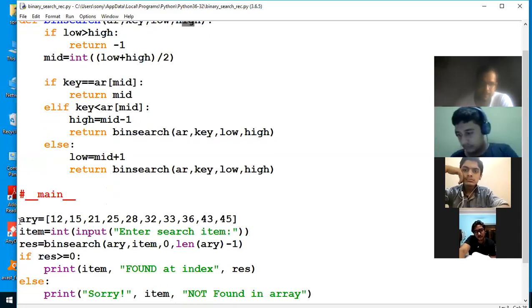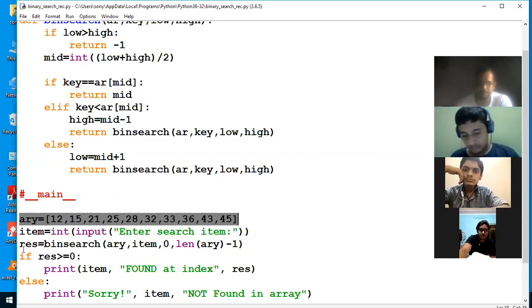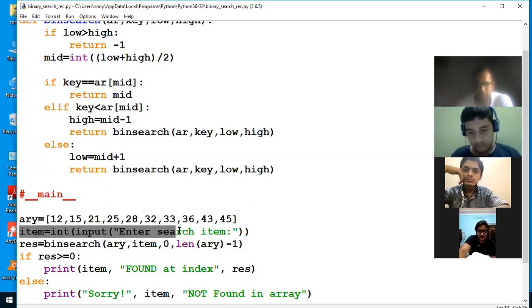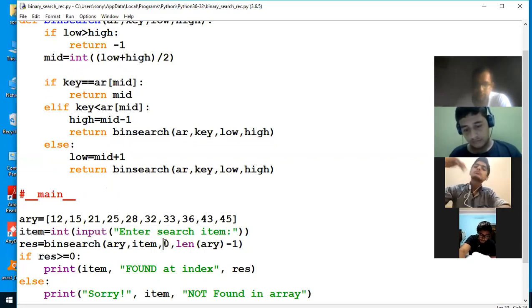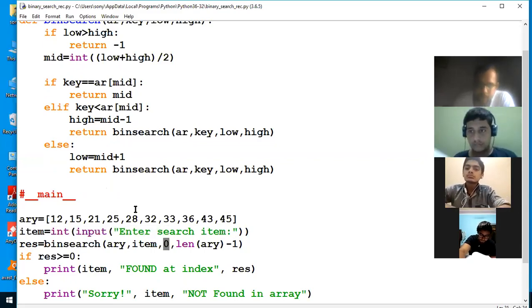Again, the program starts from the main function. This is the array part. Then which element you want to search. Then binary search, this same array is passed in the parameter, then the item, which element you want to search. It will go here. 0 is the value of low, and the value of high is length of array minus 1.